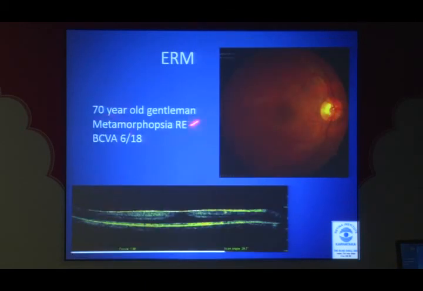You see here, 70-year-old gentleman, mild metamorphopsia in the right eye, BCVA 6/18. He also has some nuclear sclerosis. And this is a very common clinical scenario, patient having minimal cataract and some foveal changes. And often we are perplexed as to whether it's the minimal cataract that's causing the loss of vision or the foveal pathology. When you do the OCT, you find this, and you're nowhere near getting the answer as to what has caused the loss of vision in this patient,